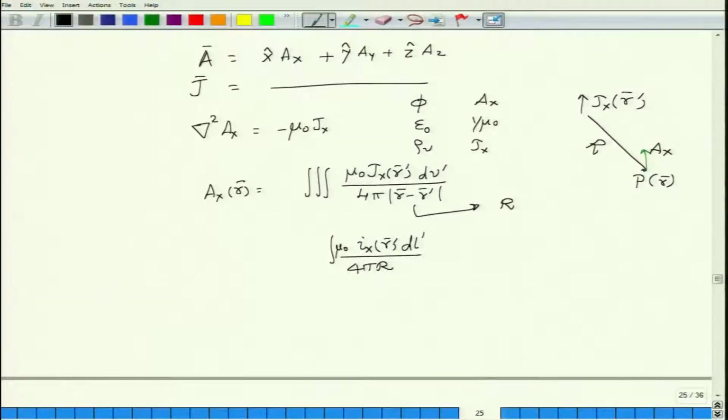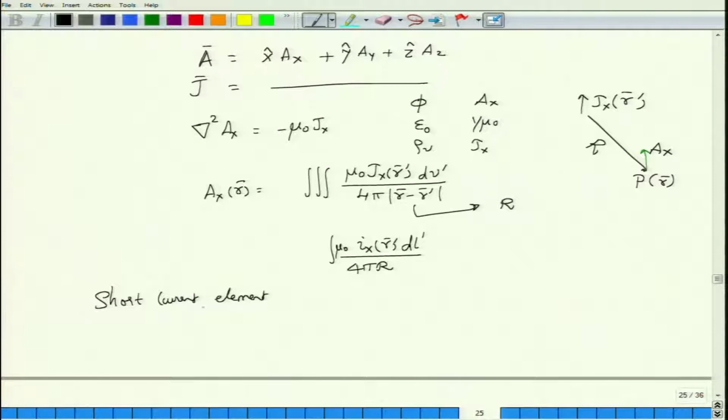So in many ways the intermediate quantity A really is important, because a lot of those problems which cannot be solved by the conventional methods of connecting J and B can now be solved with the help of A. One such example which is slightly difficult to solve with the direct way of proceeding from B to H is that of a short dipole or a short current element. What is this short current element?